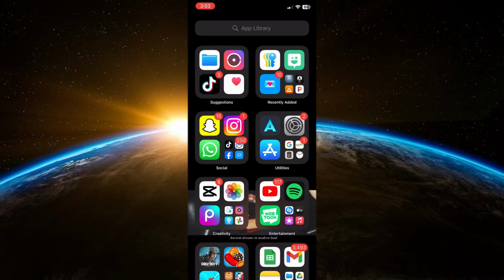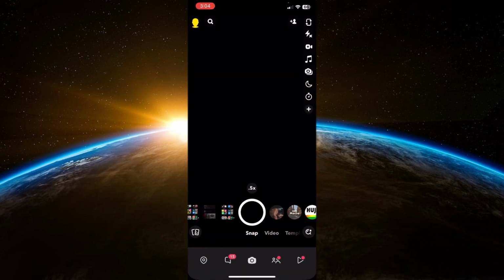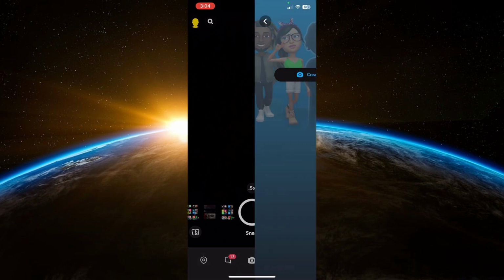In this video, I'm going to show you how to make your Snapchat background black instead of white. So let's get started. First, open the Snapchat app. Tap on your profile at the left top corner and then tap on the settings button at the right top